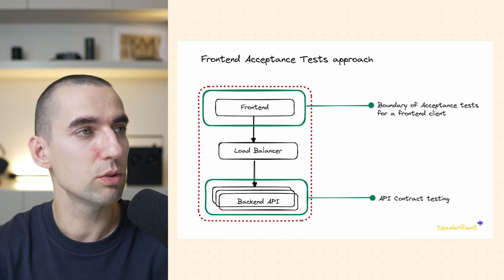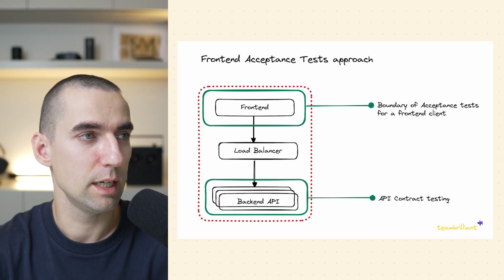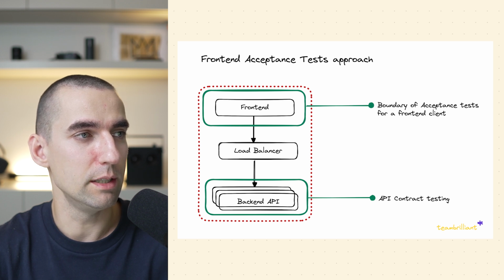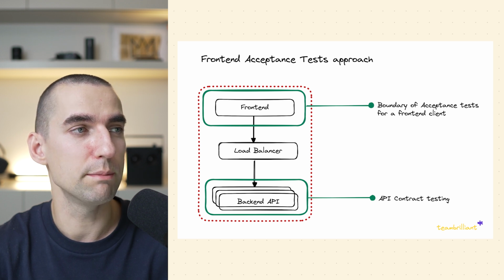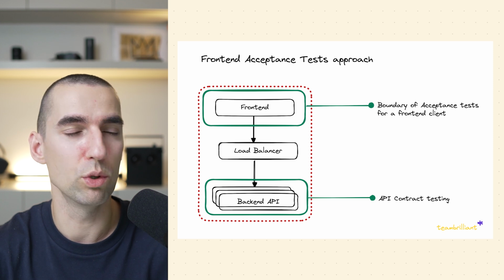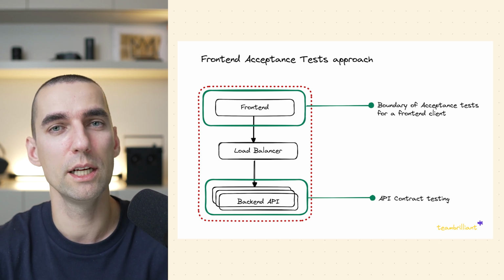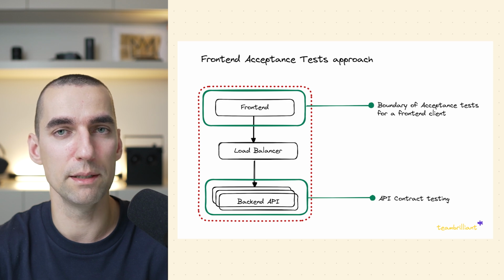Let's talk about why and how to select the scope of testing basically, how to select where do we draw the line of what we are testing. So this is an example of front-end acceptance tests. You can see that the dotted red line is basically your entire system end-to-end. So think of it as the fully working production application. If you go to the website, you will,